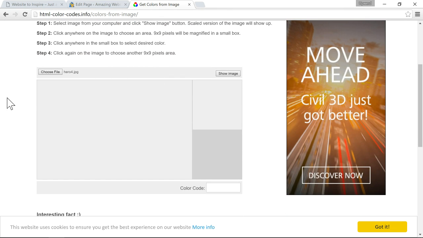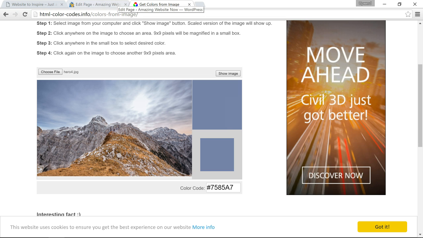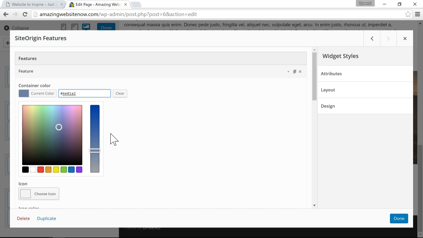Takes a while for it to, oh, excuse me, click this show image, then it shows it. So now you can click around here, and that's what I did: I used one of the images and I found a color that was in one of the images, and then I just used it so the images and the colors I used in the web page kind of matched. So that's how I got that color. So set the container color to that,